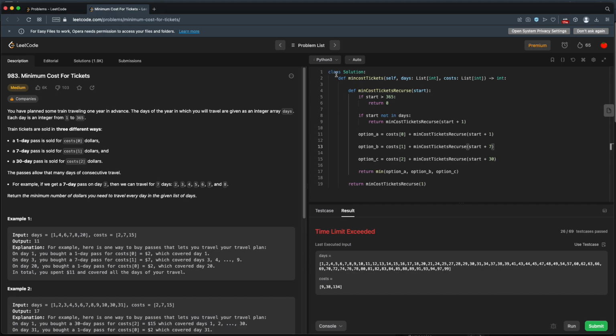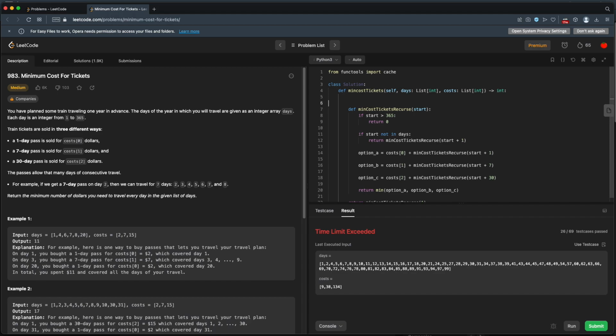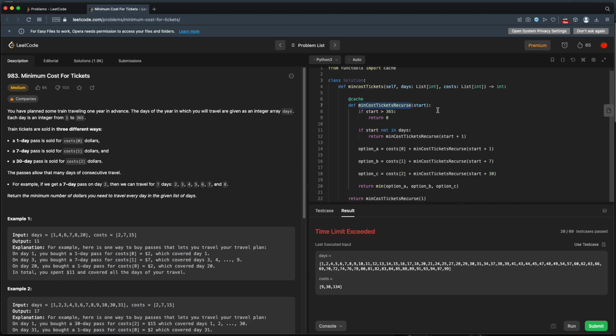The simplest way to do that in Python is actually through something called functools. It's a library. So from functools, we can import cache. Now cache is a decorator. It is a function decorator. So you say at cache right here. And that's going to decorate this function with a caching mechanism that acts like our dynamic programming. For the same input, it will return the same output without having to run through the entire calculation again. So that's all you have to do.